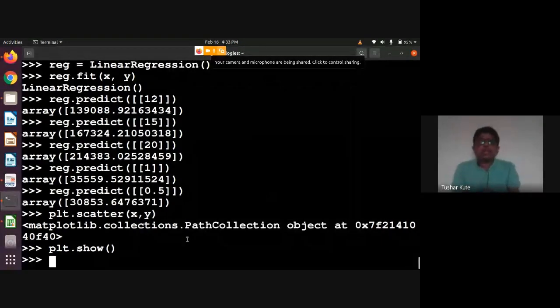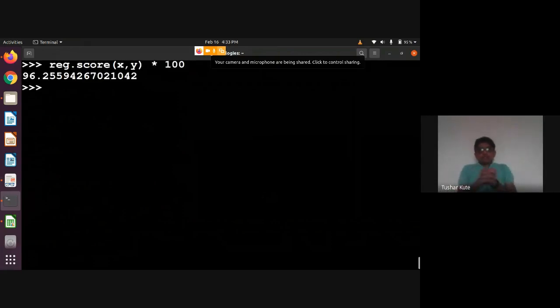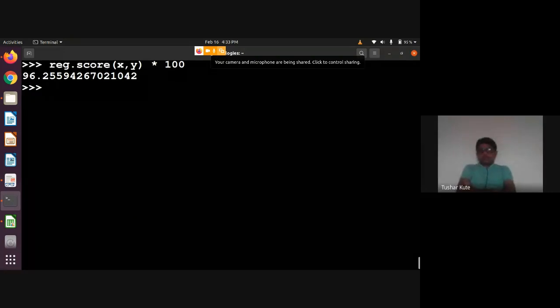Even characterization of the model is possible. Once you have created the model, you can see how effective it is. The data is not 100% correct, but we can find how effective the model is. For example, I can make use of a function; which function you use depends on the kind of modeling. So how accurate is it? 96.25% accuracy. We have 3.75% error in that.